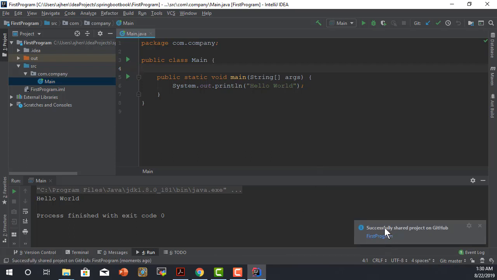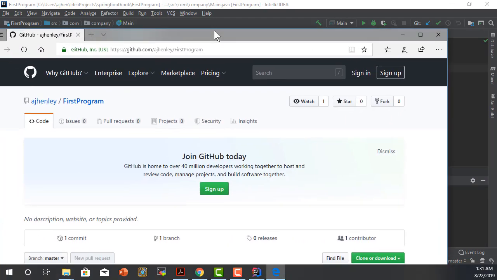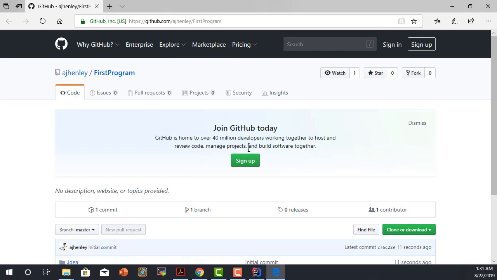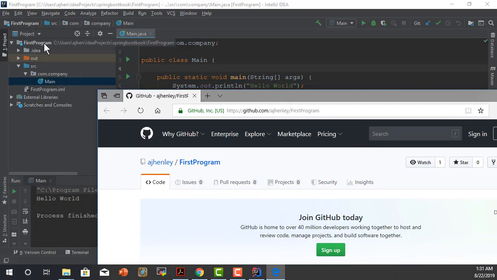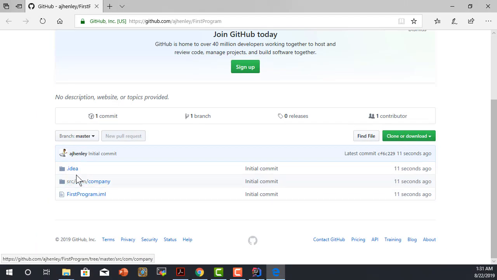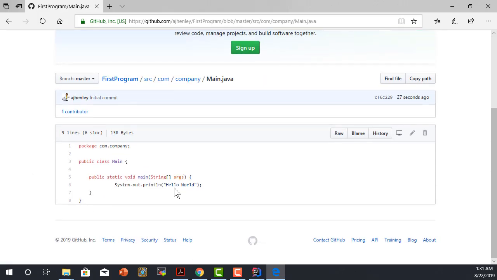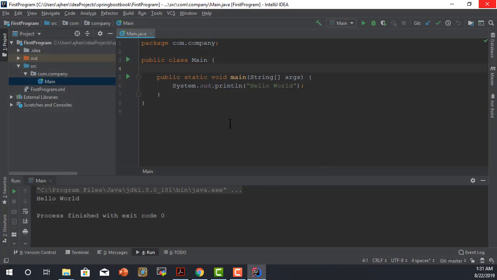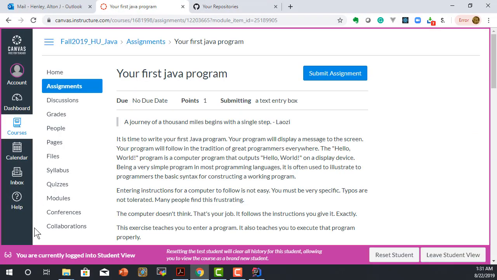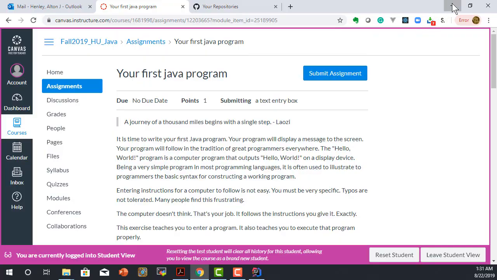And then if it's successfully pushed, it'll give us a link that'll show us that in our GitHub, we now have this repository for first program. That's what I called my project, first program. And inside there is all the code that I just submitted. So main.java, System.out.println Hello World, just as I saved it. Okay, got it? So what you need to do is the first Java program assignment, submit it to GitHub,